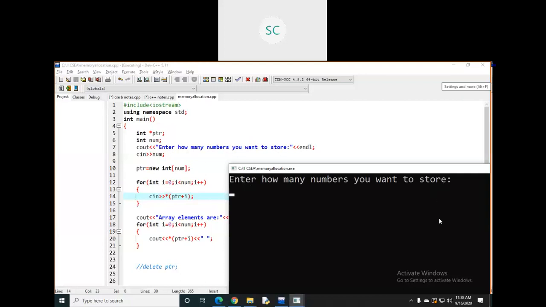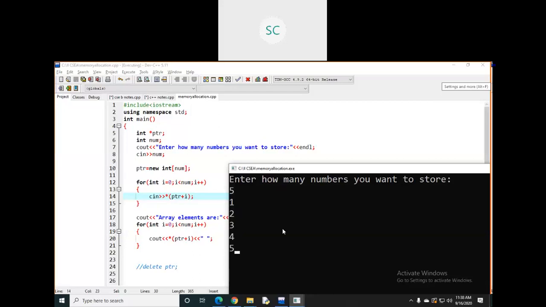See, if I enter 5, this 5 will be taken dynamically as the size here. In place of num, it will take it as the size. This statement will allocate 5 into 4, 20 bytes of memory. Within that memory, you are going to store 5 elements. Here by using the cin object, you are trying to retrieve these elements. So let's see. It is asking, right? I'm going to enter the first number, second number, third number, fourth number, and fifth number. So these 5 numbers are stored within that memory.